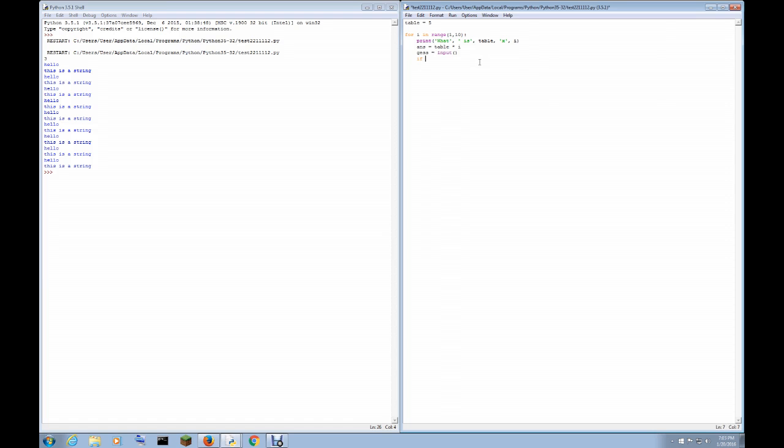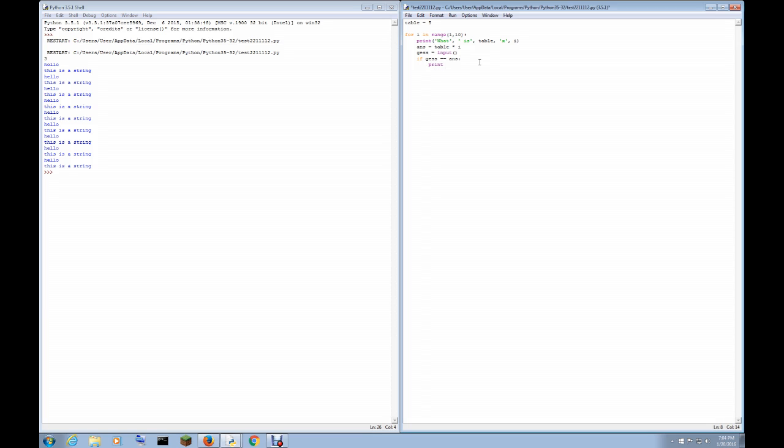This is called Boolean logic, if and some other stuff too. I can't really remember, but if guess, you have to put two equal signs. That means is equal to. If guess is equal to your ans, or yeah, answer, and you have to do that, and then it will indent again. You have to make sure it's indented. That's very important in Python. So yeah, if the guess is equal to answer,